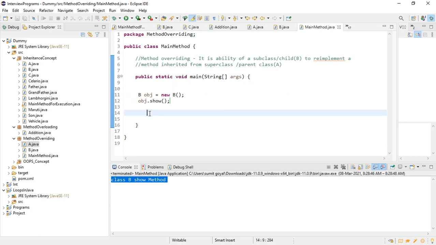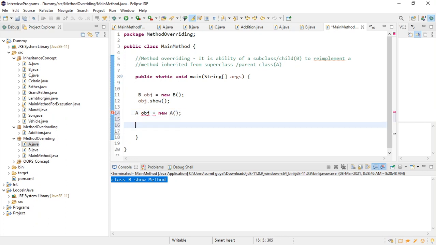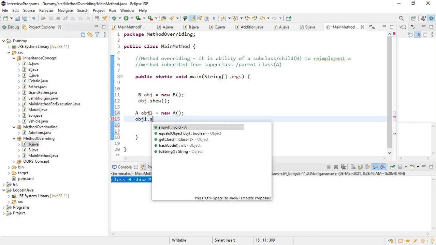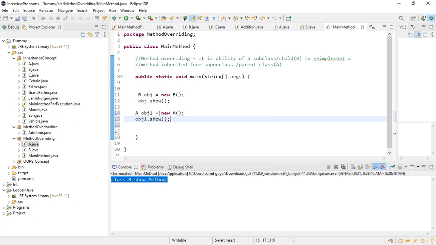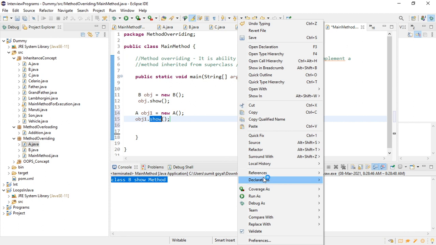And suppose I create the object like this here, A obj equals new B, creating the object of our parent class, and the reference variable will also be the same. So obj1 dot show. You can see again, because we are creating the object of class A, things are the same here, right? You are going to call only class A, not class B. So if you see, the method names are the same, but if I print it,